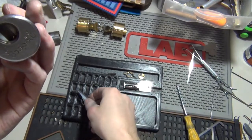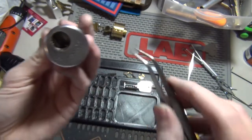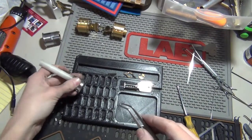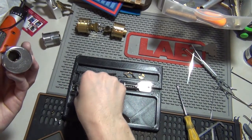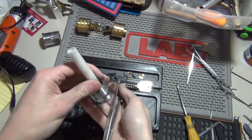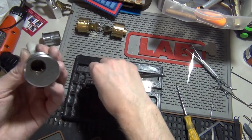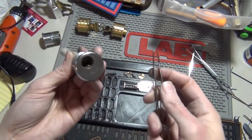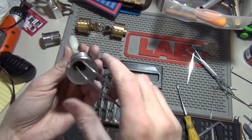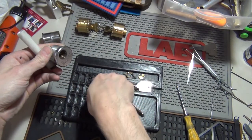So standard. Standard. Standard. That goddamn fucking phone, I swear. Alright, so there's our standard pins, and then